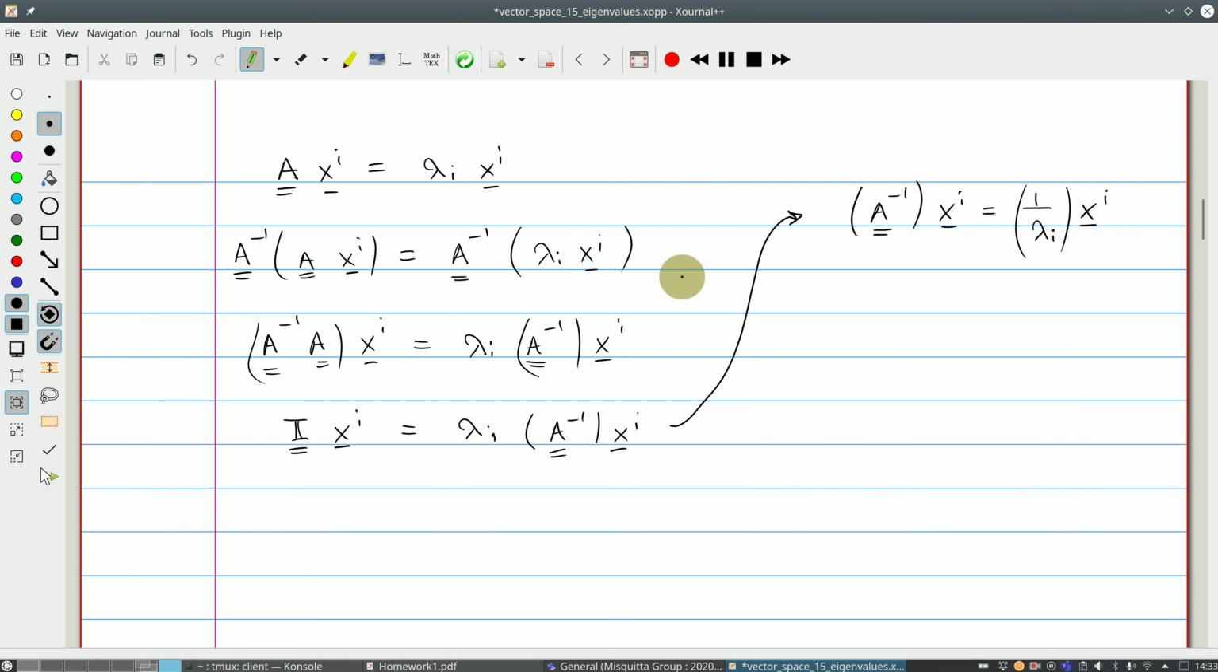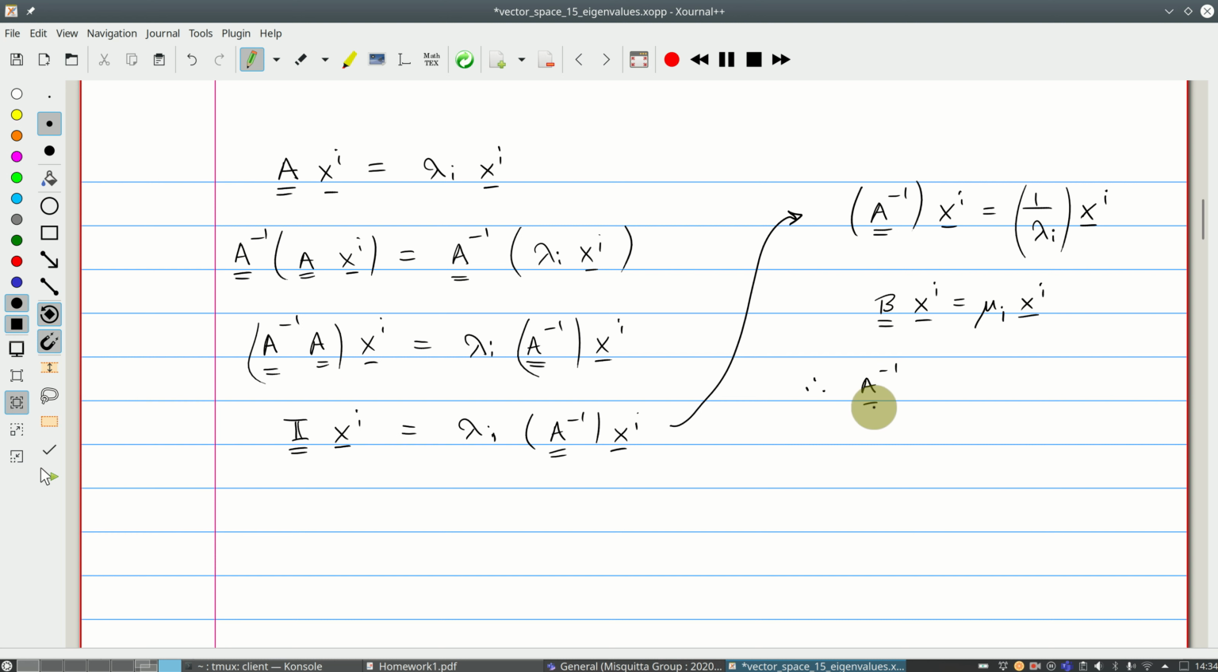Okay, and this is exactly in the form of the eigenvalue problem. If I call this matrix B, then we have B xi is equal to, and I'm going to call this 1 over lambda I mu I. Remember we have to put this in the subscript. This is exactly an eigenvalue problem, but this time it's for the matrix B, which is equal to A inverse, and the eigenvalue is 1 over lambda I mu I, which is 1 over lambda I, and the eigenvectors are the xi's as before. Therefore